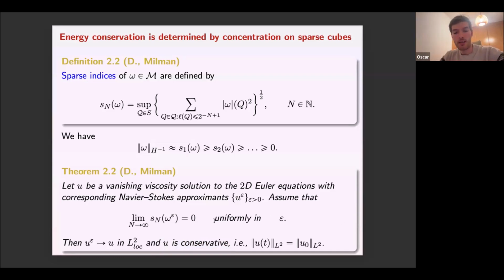So this result tells us that in order to understand the energy conservation in Euler solutions, it is enough to restrict our attention to the distinguished geometry played by sparse cubes. Forget about the rest. Focus on sparse cubes. This has a very nice geometry, and then let's see what we can create within these sparse cubes. This is what this result is telling me. Only sparse cubes are important when dealing with energy conservation.